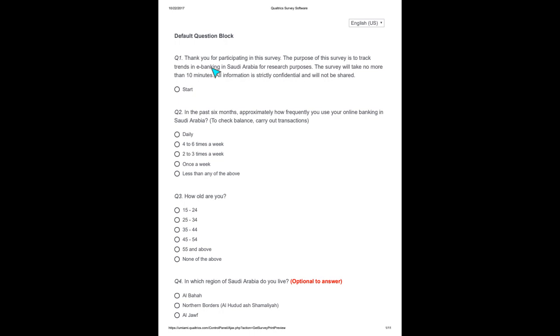For research purposes only, the survey will take no more than 10 minutes. So you have to do the survey by yourself and see how much time it really needs, so you can give them that accurate time. This is a kind of lengthy survey. All information is strictly confidential and will not be shared. And then you give the start option for the